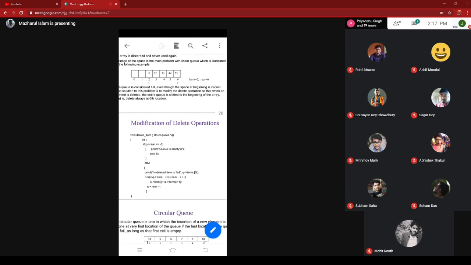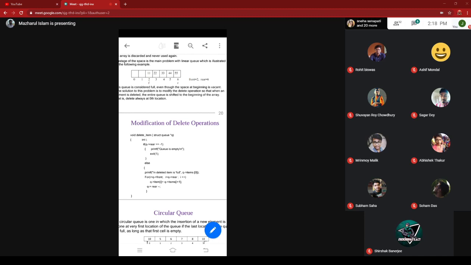Every time you delete an item, you are using front, so front is incremented, and you are seeing empty space at the very first, second, third position. Okay, you are seeing all the positions are empty. Despite that, you are not able to enter a new element in the queue.